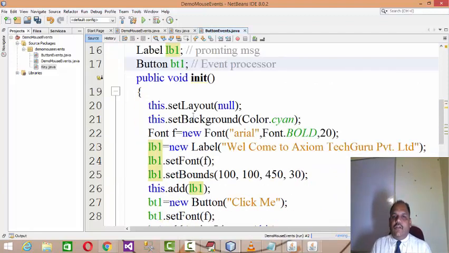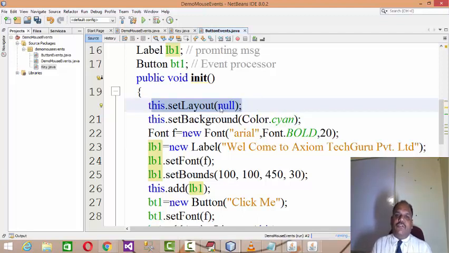In init, I set the layout to null. By default, whatever GUI components you add to the applet follow the flow layout. But I want to add these visual components as per my requirement, at customized X and Y positions. So instead of adding the components one by one, I want to add them at specific X and Y positions.